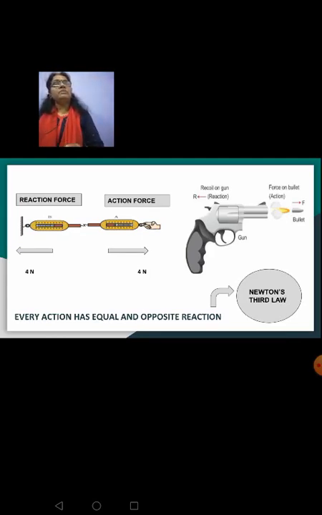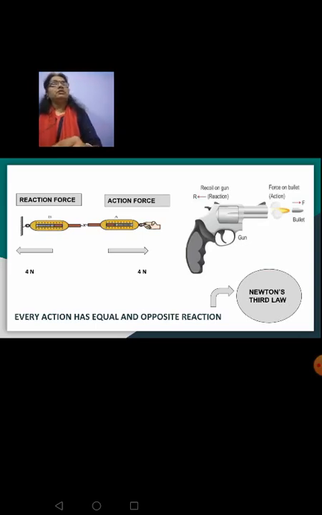Now, coming to the previous example, when the person jumps out of a moving boat, he will move in the forward direction by applying a force on the boat. You must have seen a person, when he is jumping out of a boat, he will apply a force on the boat to climb out. That force will make the boat move in the backward direction. This is the reaction force. Action and reaction are happening in the opposite direction. Person jumping out is the action and the boat moving backward is your reaction force, right?